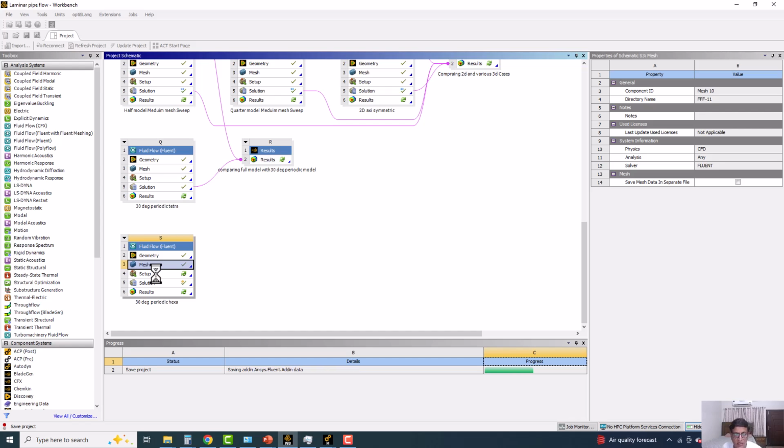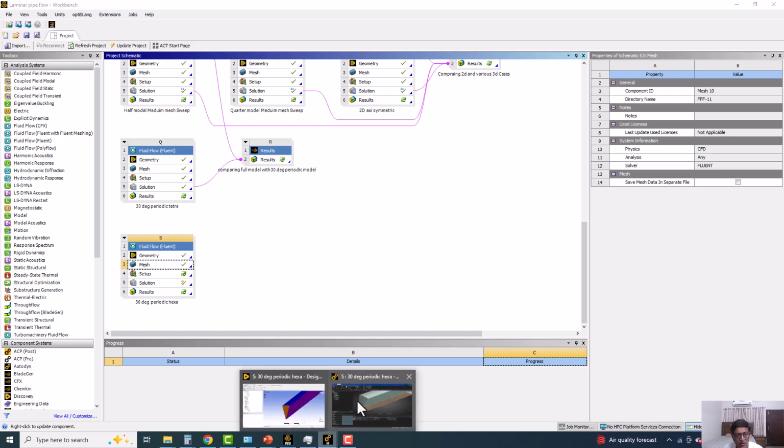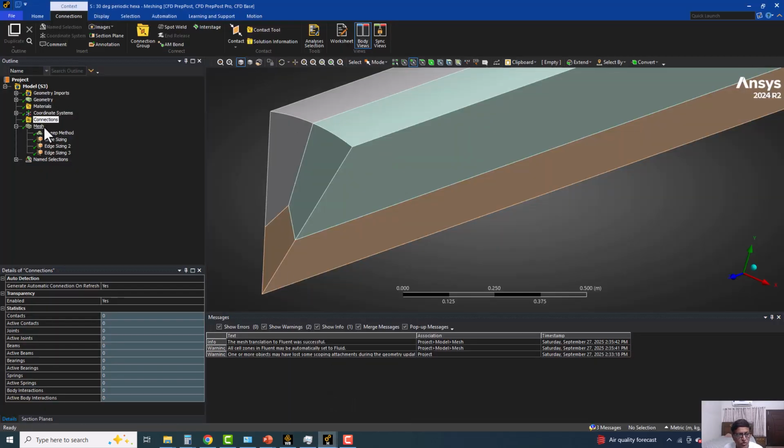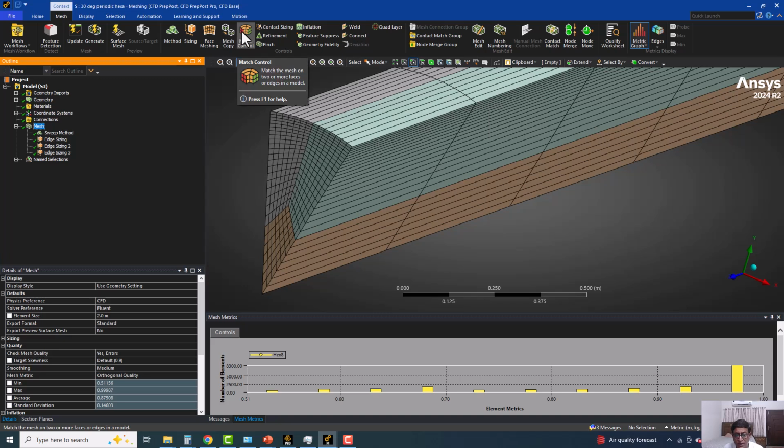We will do the same thing here. We don't need the mesh control here, although I could use that mesh control, and if needed you can use it. But here, because in the hexa meshing we have exact control on the sizing and everything,